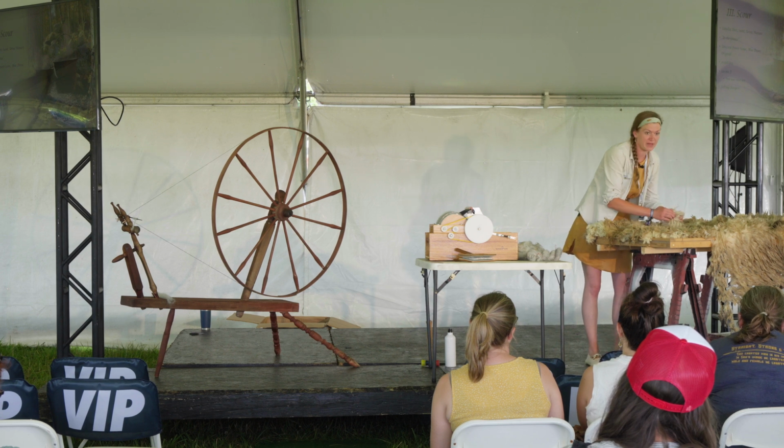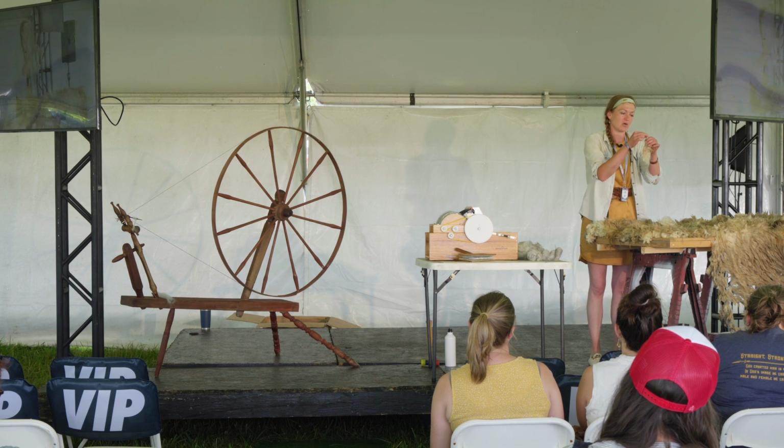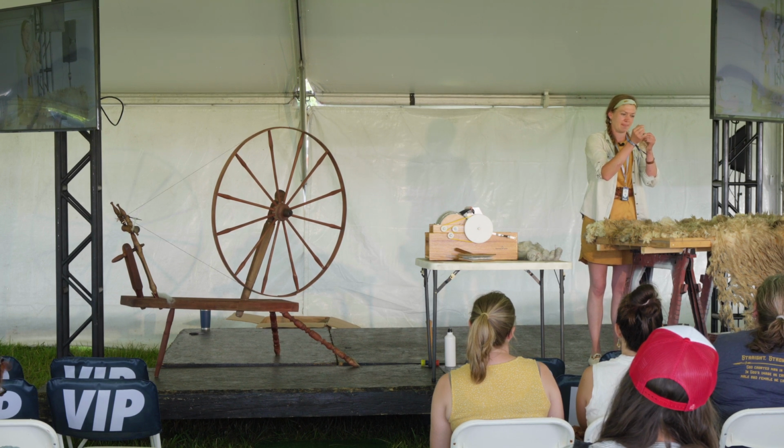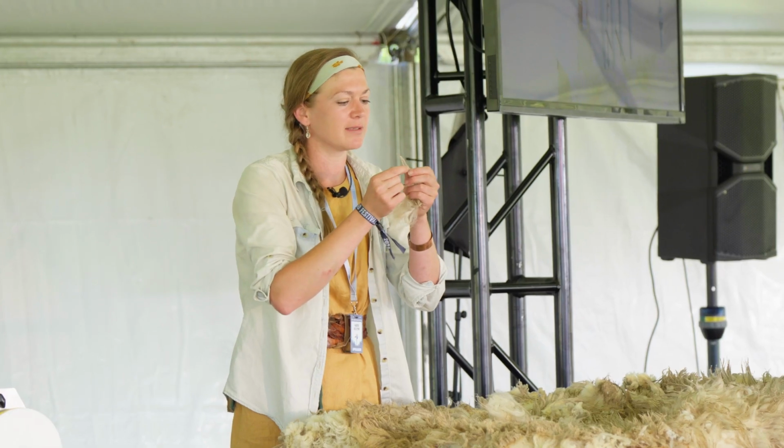Okay, we're gonna pretend this is a good bit. How about that? It's felted at the ends is the thing. So you can see, sometimes you can flick it, it's not fully felted, it's just slightly married together, and you can take, I have it in my box, it looks like a little dog comb. It's called a flick carder, and you can actually flick that out and it'll come apart if it's not fully